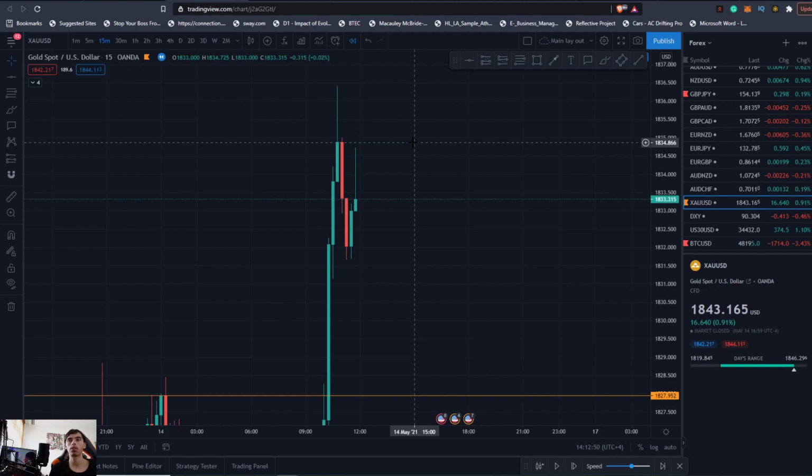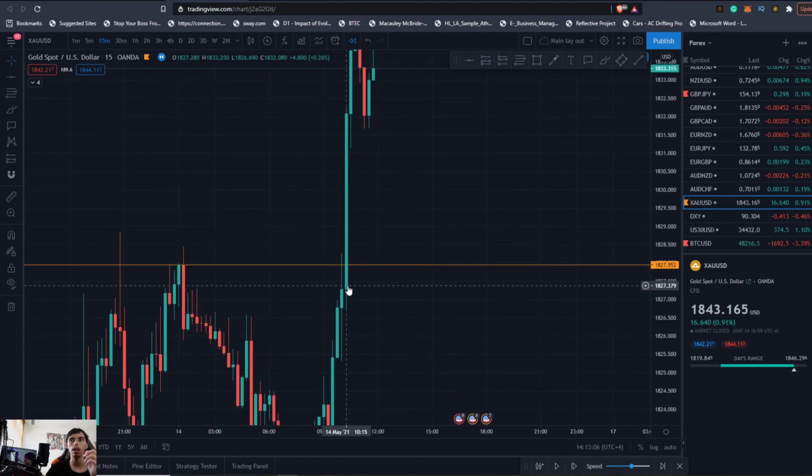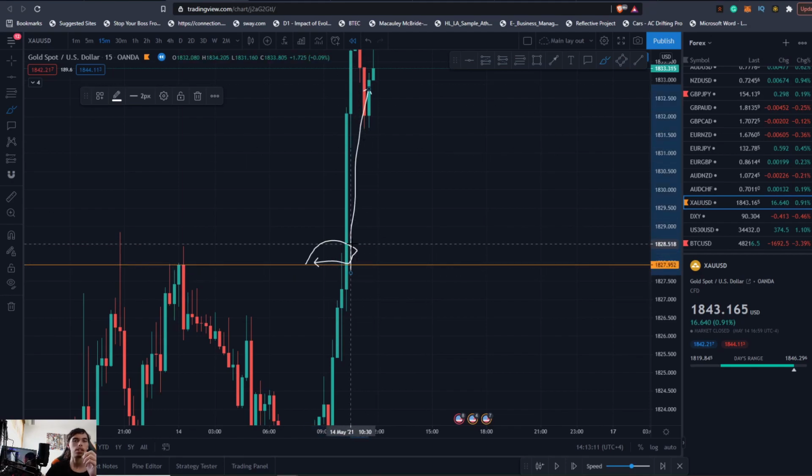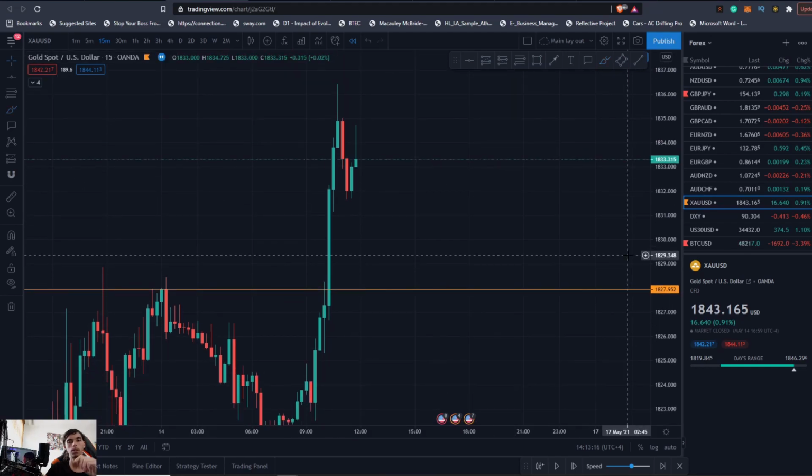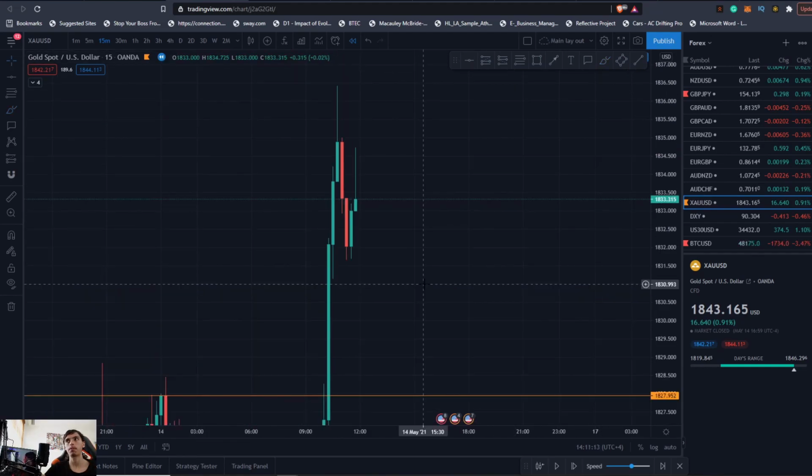If you miss out on the move, don't get FOMO like here. Wait for support creation, right? Look for ranges to break, wait for support creation, and then take the trade back up after that, because that's just another confirmation for price to continue up. If you are lucky enough to get a nice close above the range, if this candle was to close, then catch the move up, great. But understand that gold is very fast moving, and you want to be in and you want to be out. Apart from that, that's pretty much what I would advise.